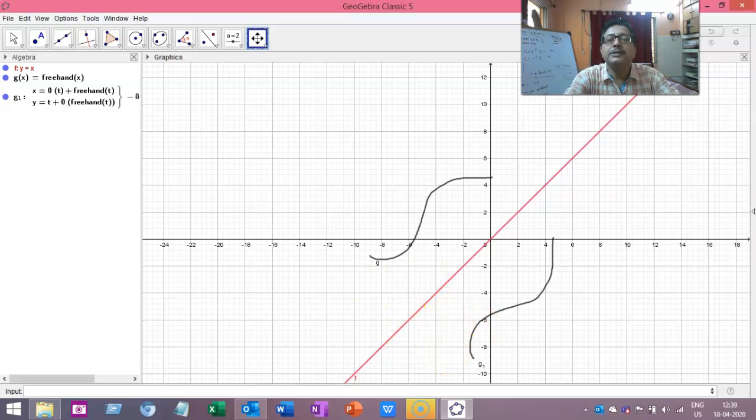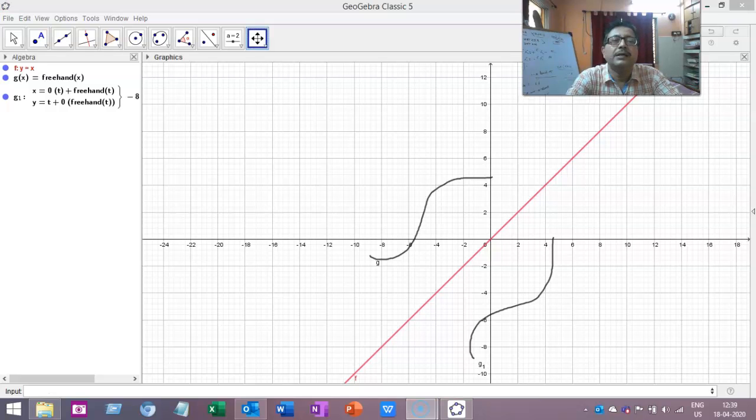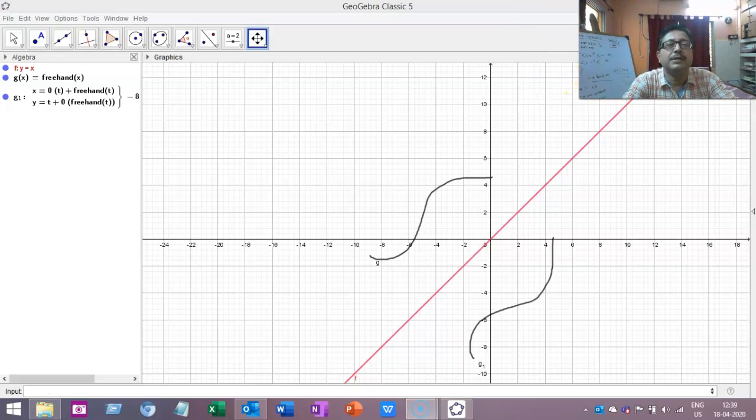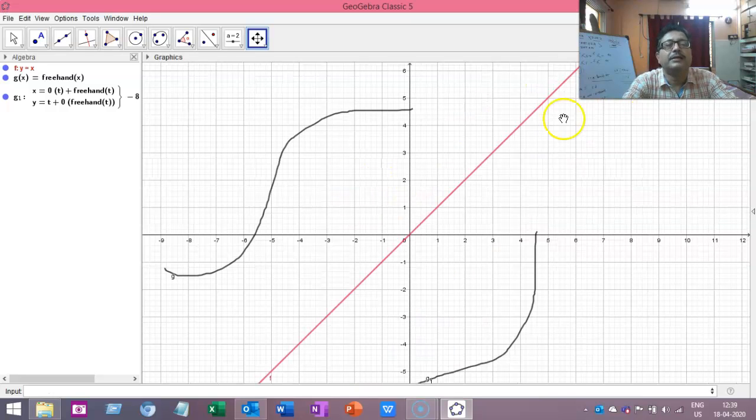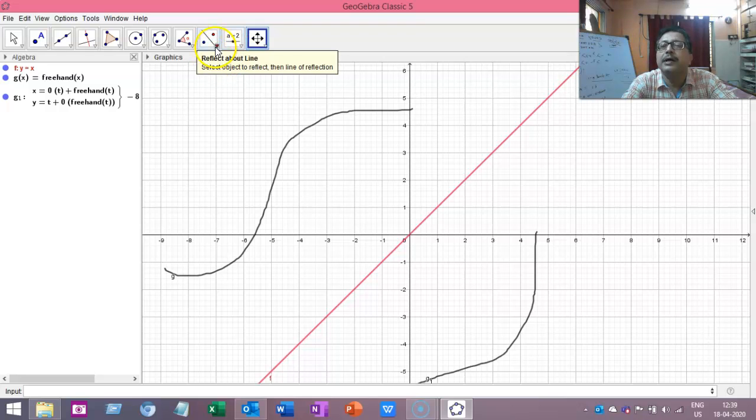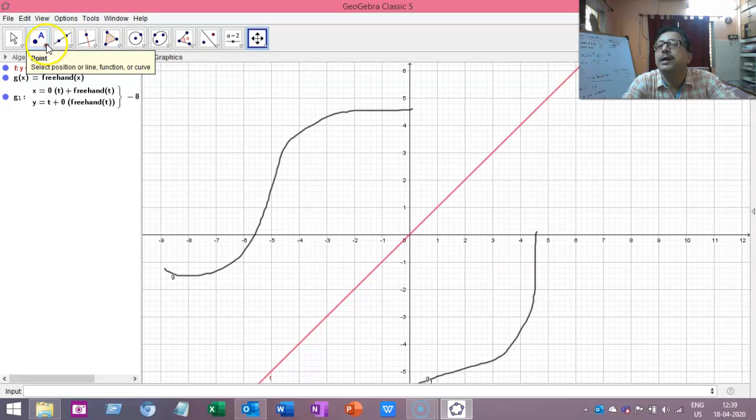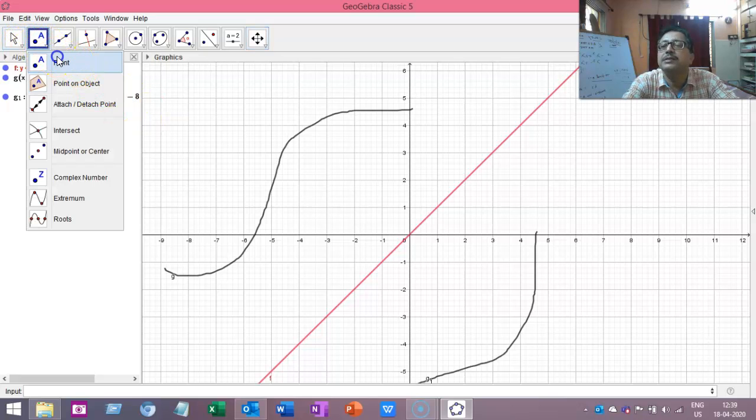Now let us prove it mathematically that the graph of the function is really going to be like that. How? We take an arbitrary point here on the graph of this function, a point. I am selecting a point on this curve,